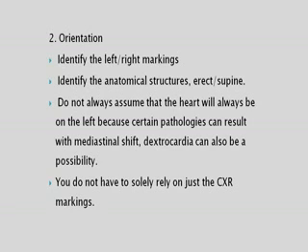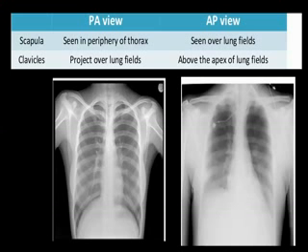But we must see the marking on the film, and other anatomical structures we should see, to identify the orientation. But mostly it is by the marker kept on the film, the right or left marker. So see here, the left marker is kept here. So this is the left side, and the heart is on the left side. Sometimes the heart might have moved to this side, so that may not be a good indicator. The marker must be strictly seen.